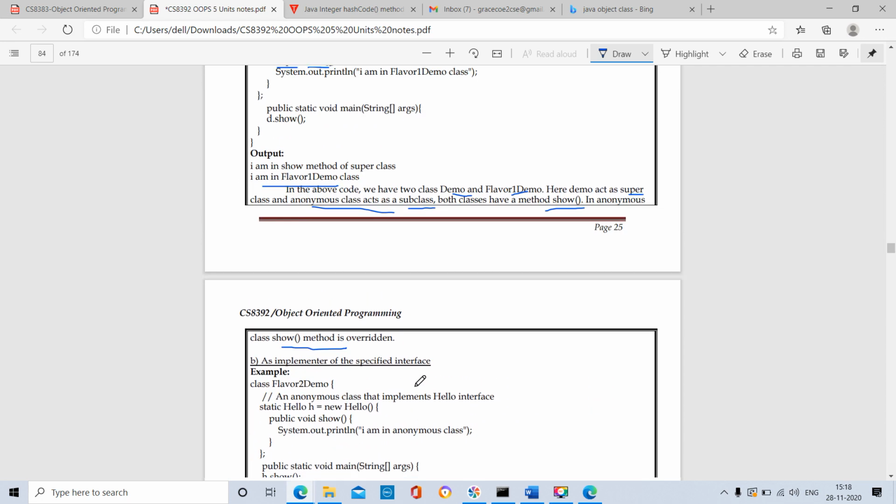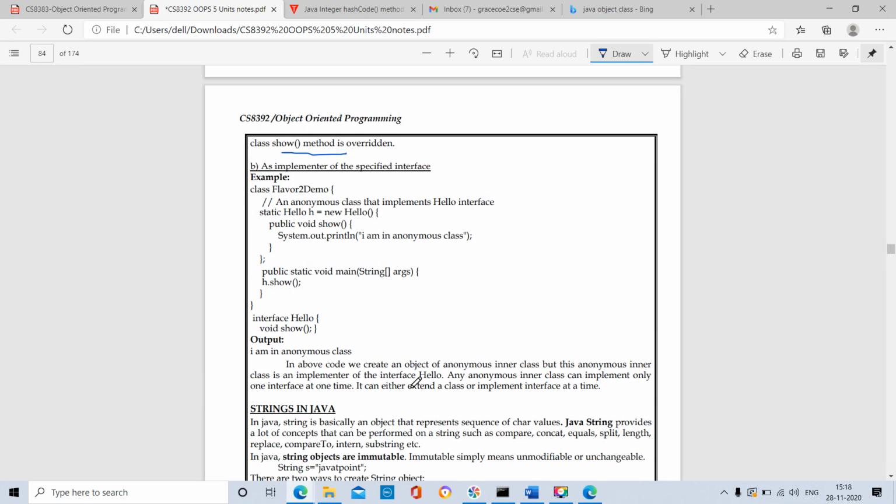Next, the second way: as an implementer of the specified interface. The class name is Flavor2Demo. It has the hello method, the public void show method.